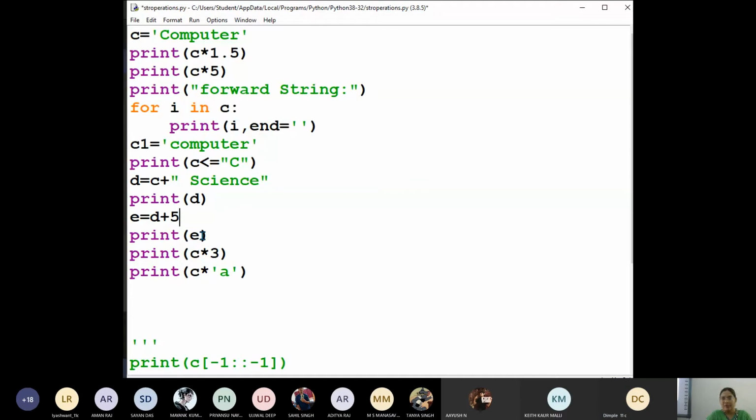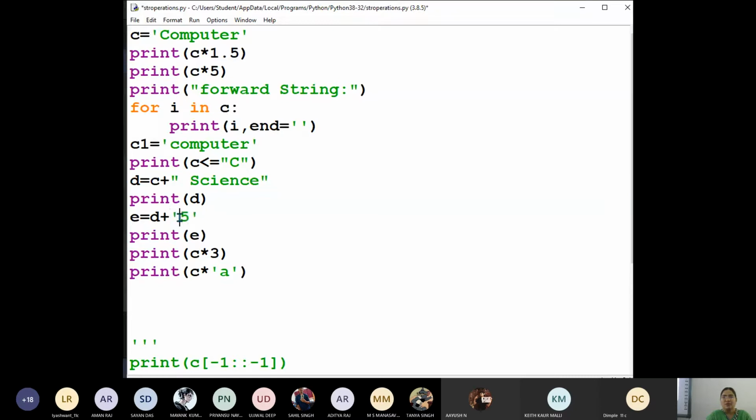You will get an error, ma'am. Because D is a string, 5 is an integer. So addition is not possible. If you want to add this 5 at the end of the previous string, for concatenation, पहले इसको भी string जैसा convert करना है.